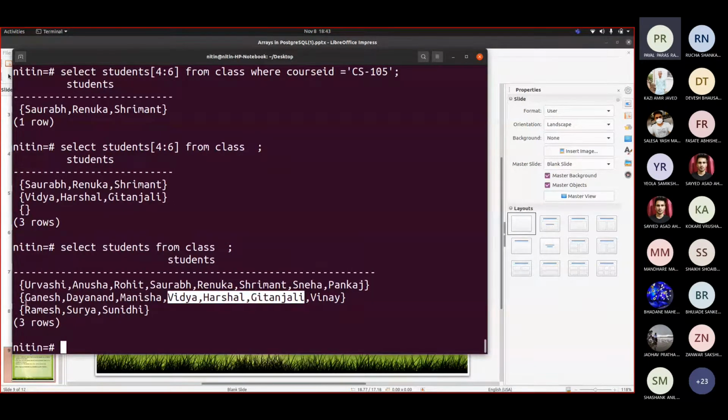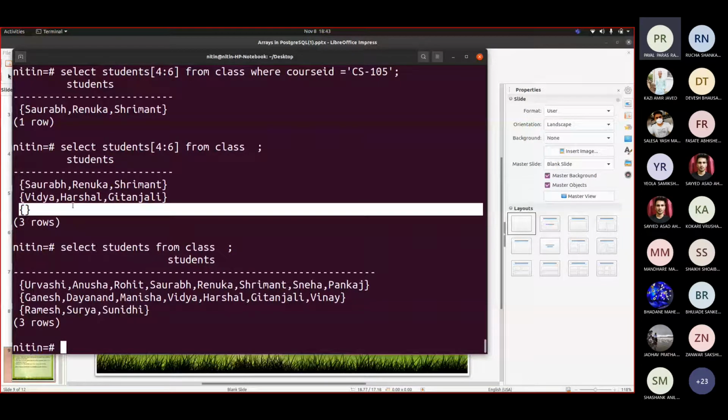Now here we have only 3 values. We don't have fourth value, and columns or indexes or subscript we are given it for 4 to 6. That's why it is empty. Is that fine? Yes, sir. Okay. So slicing would be like that only. Now for that particular time, with the example that I gave before a while, you may see that there is no sale at all for a particular product.